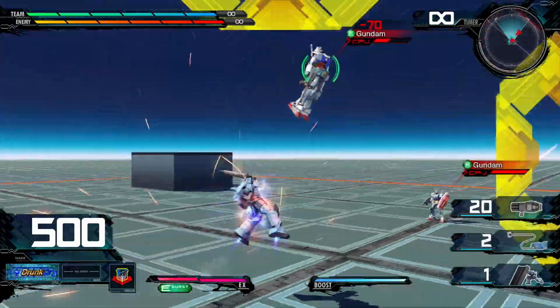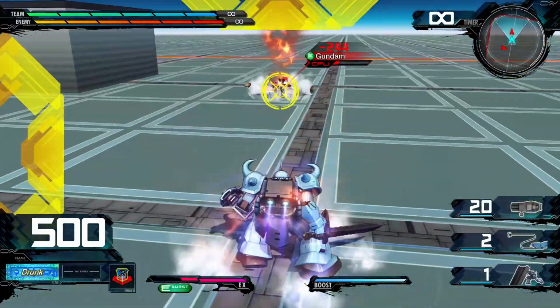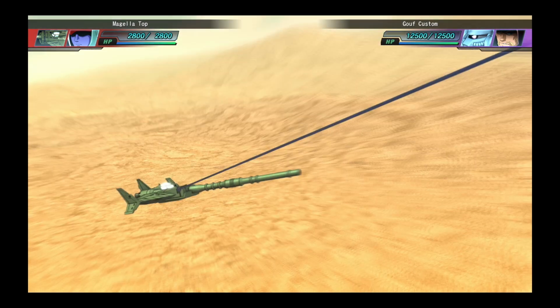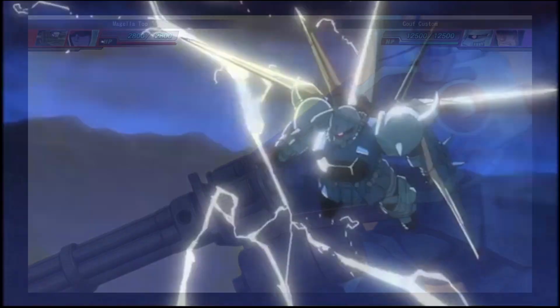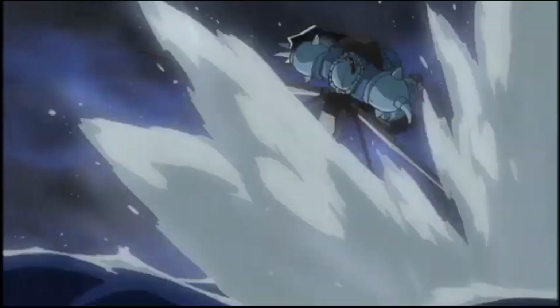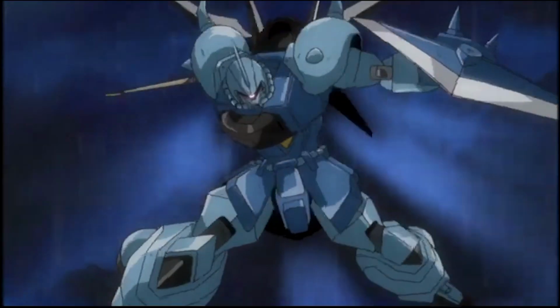Now with all that being said, you could get everything I just said, maybe tweak a few things, and you could add the Gouf Ignite. The Gouf Ignite playstyle wise would play basically like the Gouf Custom. It would have a machine gun for main weapon, it could use its heat rod like a heat wire, you can hit someone and it stuns them, or you can use it to swing around. If you wanted to, they would both play extremely similar,